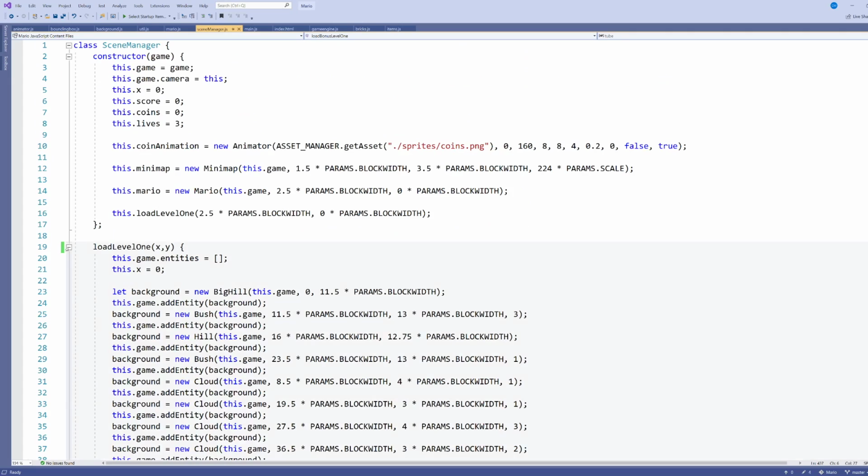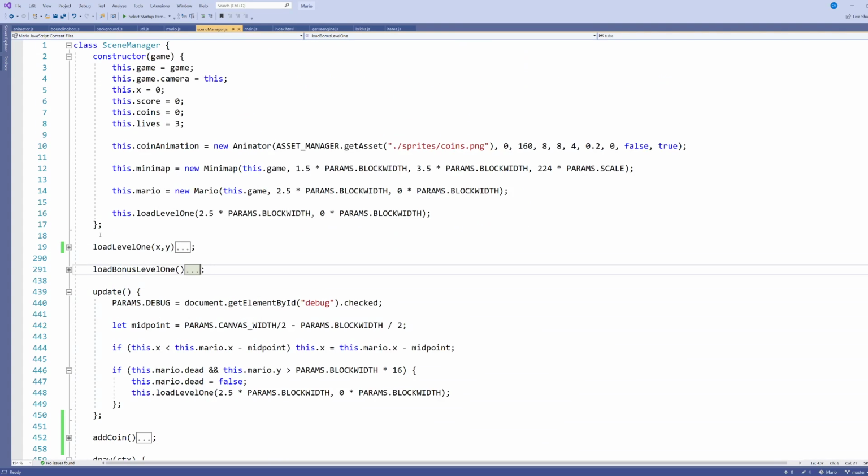And really, loading bonus level 1 looks very similar to load level 1. It's just a lot of data. Now, we could leave it in this format and then just add load level 2, load level 3, and so on. There's dozens of levels I would have to do. But that's going to clog up my scene manager in terms of its organization, and a lot of the operations I'll be carrying out inside those methods are going to be similar. The only things that are going to be different are the data, that is where I'm placing the different entities